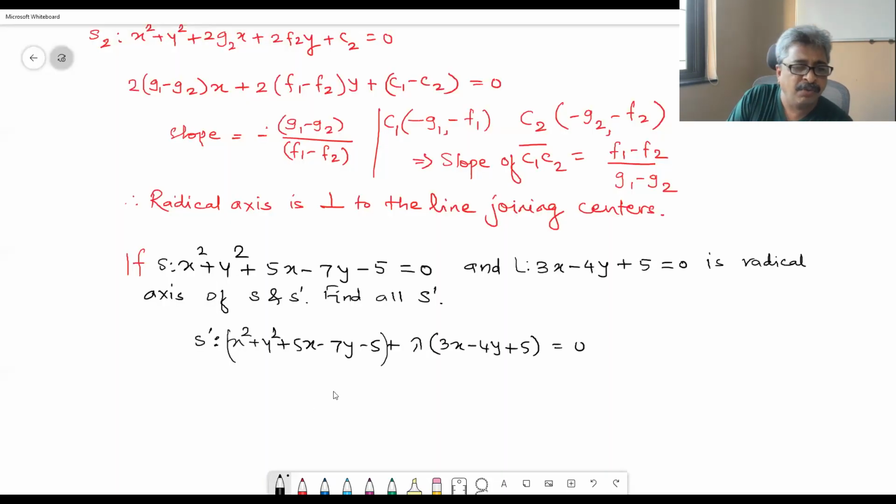This is the family of circles. It is not one circle. You take any value of lambda. Now, if you take lambda is equal to 0, you will get back this circle, and maybe only one circle along with the same circle. You may not end up getting this line once you do S1 minus S2. Okay, that is the only case where we have to be careful. Where lambda is equal to 0, we are not getting another circle.